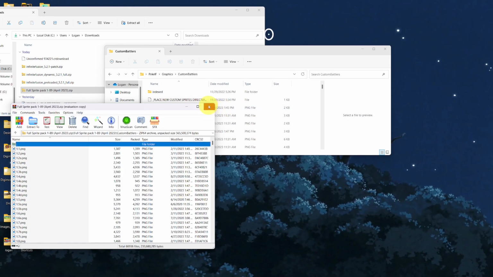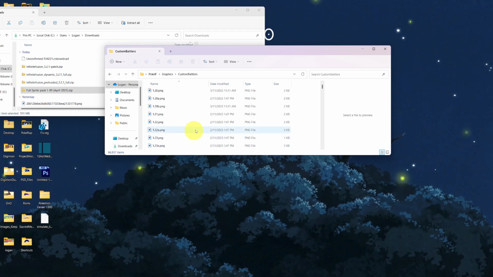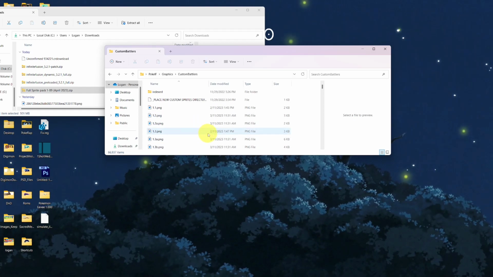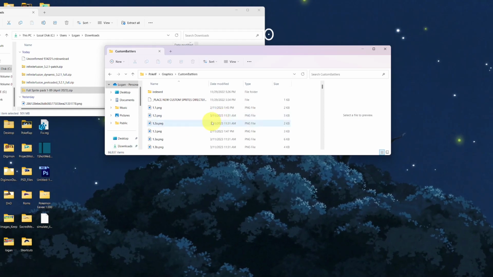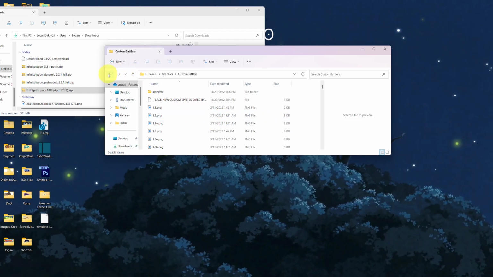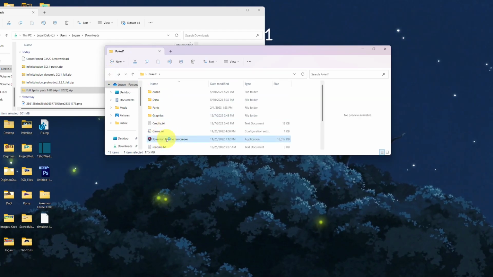All right, it is finished extracting, and you can see here now in the custom battlers folder, we've got some images in here. I think it was like 66,000 images. So this is the next step. We're going to go back because we're trying to get back to our game. So here, when you double click the game,